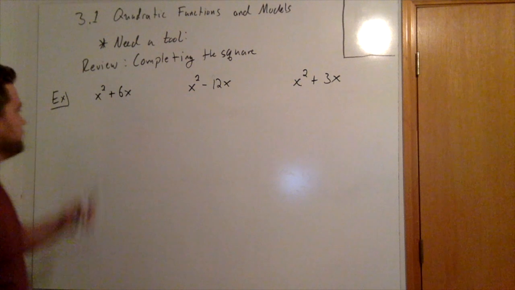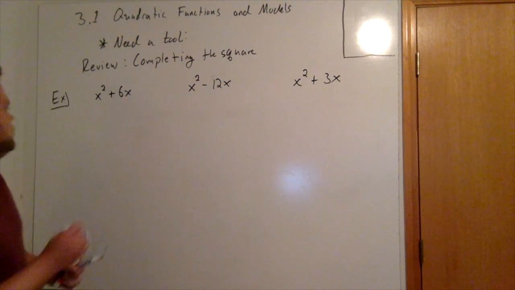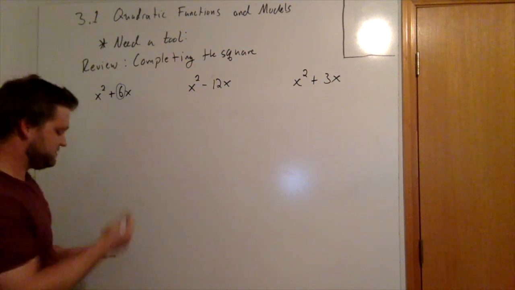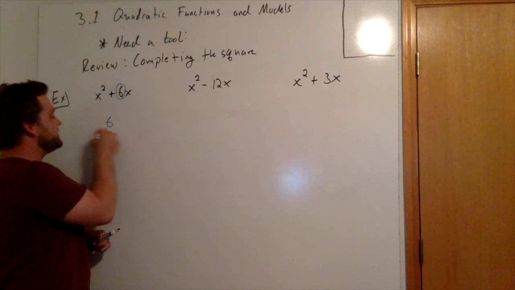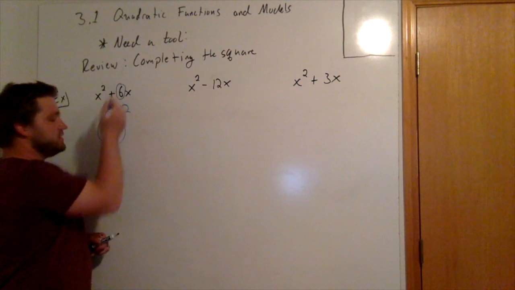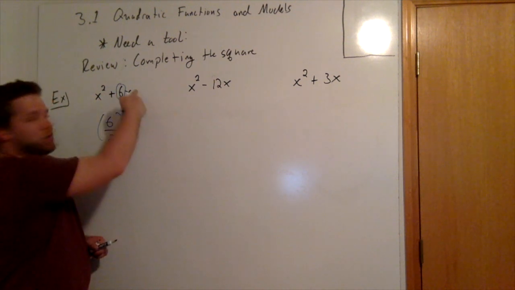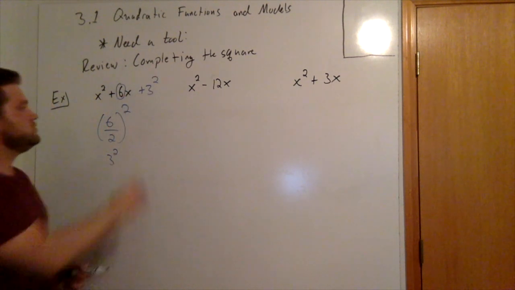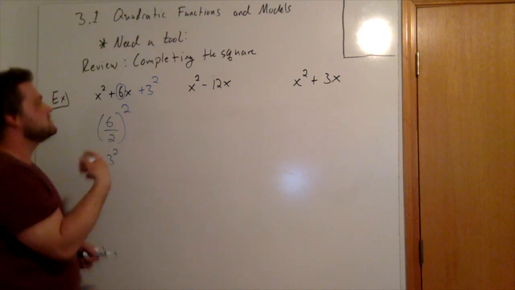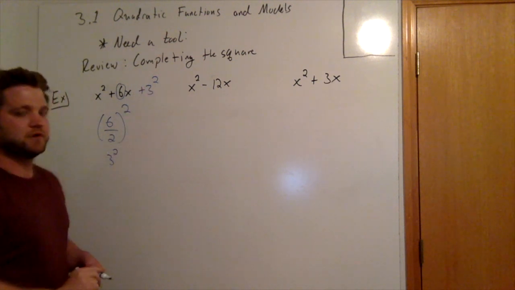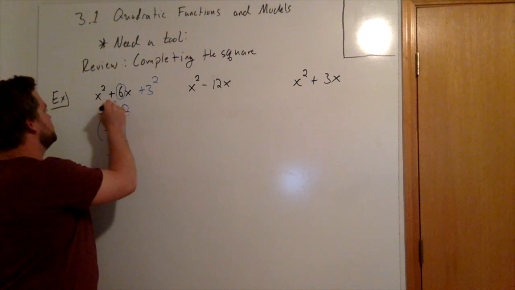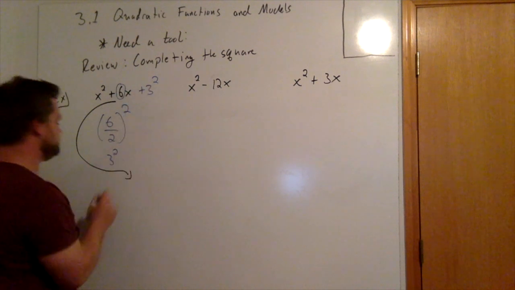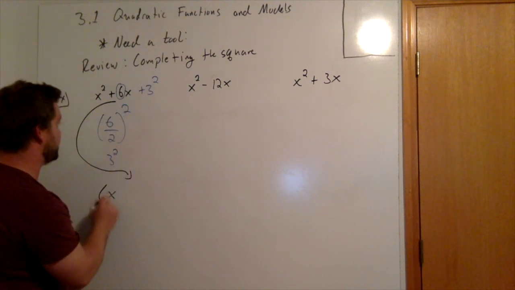Okay. So for this first one, we want to look at the coefficient in front of x, which is a 6. I'm going to take that 6, cut it in half, and square it. So I get a 3 squared, and I'm going to add that right here. Now you could add a 9 here if you'd like. I often like to leave it as a 3 squared because it helps me remember how it factors. So when we move this over here, x squared plus 6x plus 3 squared,